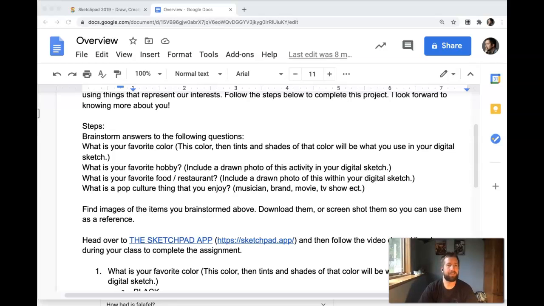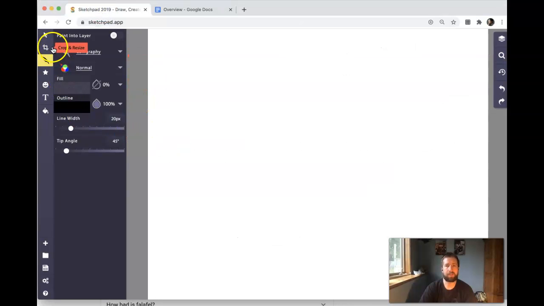After you've collected any images that you'd want to use for tracing within the Sketchpad app, we're going to head right into it, and you'll find a link for it on our Schoology page. It will open up and look just like this. So I'm going to talk you through just a few things about the application in general, just so you understand